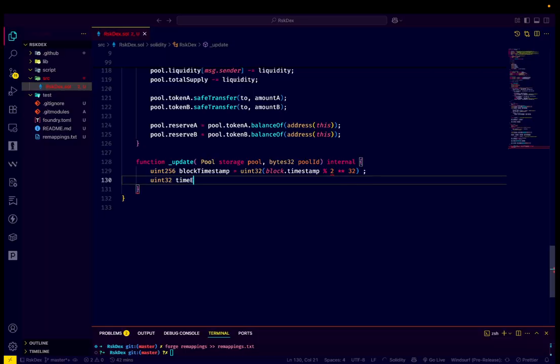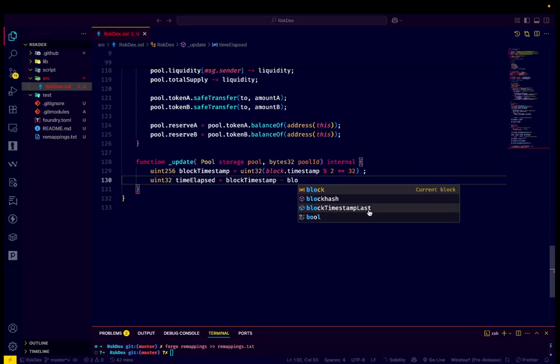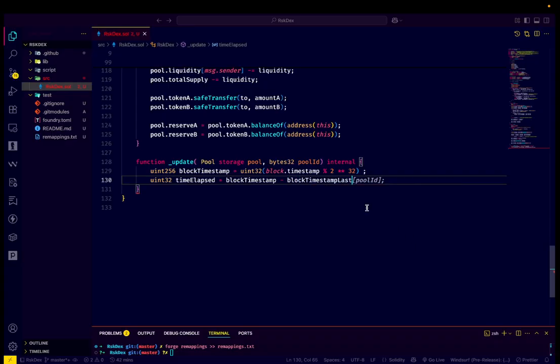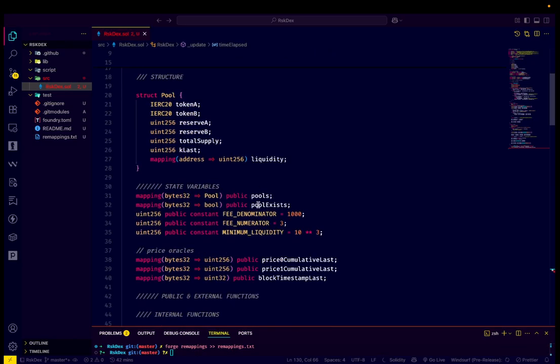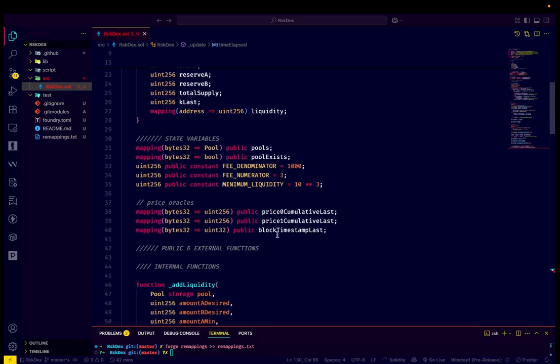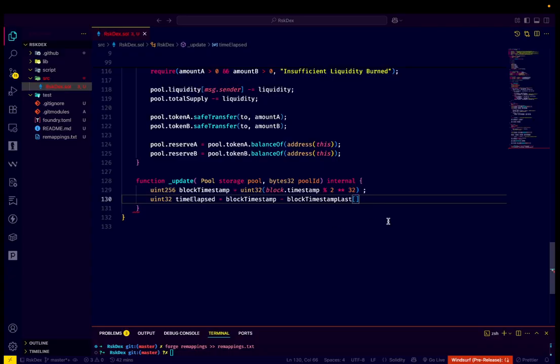Let's name it time elapsed, is equal to block timestamp minus block timestamp last. Remember, we declared the mapping above in our state variables. I will show you the block timestamp last. So this is how we designed our smart contract. Block timestamp, and inside that we have to pass this full id,